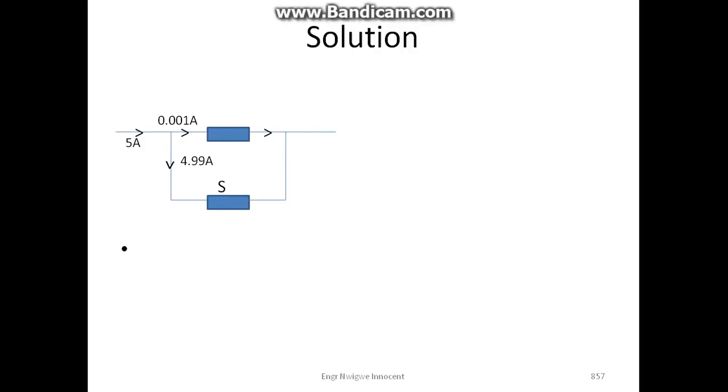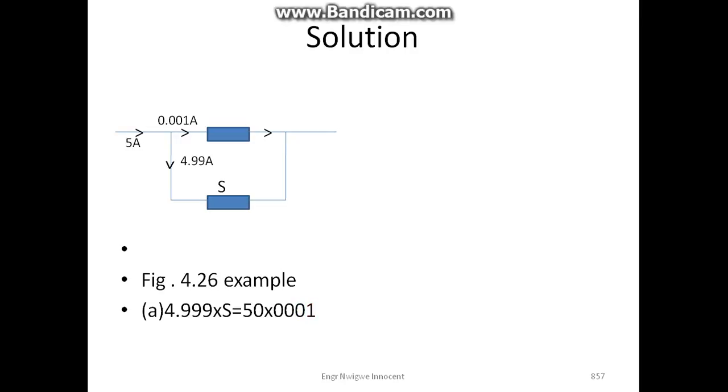Looking at this diagram, a current of 5 ampere is passing through a galvanometer having a 50 ohm resistor, and the resistance of the shunt is not known. We are asked to get the resistance of the shunt. So you know that V equals IR, that is, voltage equals current times resistance. Then substituting the values and equating them together, we have